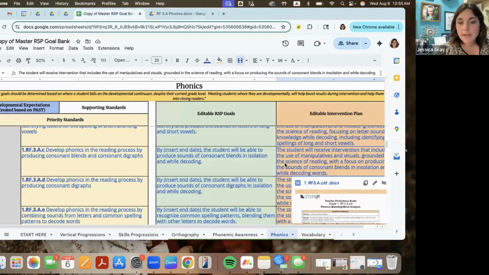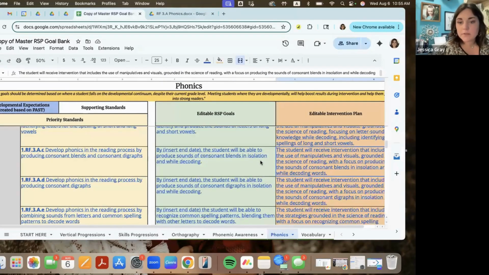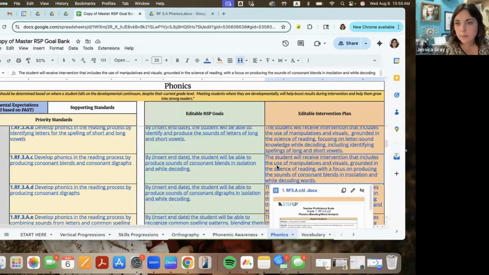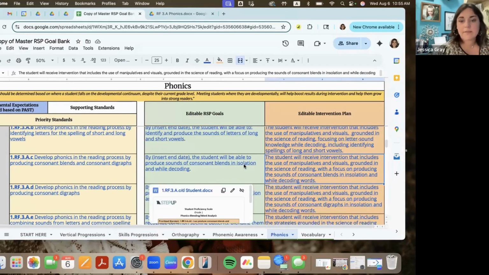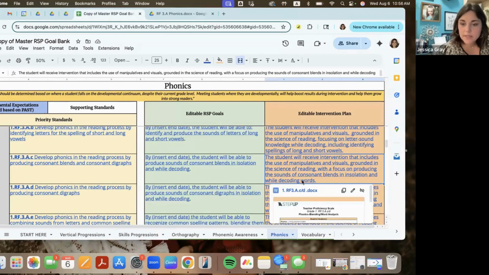And then next to that is also an intervention plan. So they can copy and paste this. I'll show you that when I pull up the template here in a minute, but they can copy and paste the matching intervention plan, which is just giving them that idea of, hey, we're going to use manipulatives and visuals. Things are going to be grounded in the science of reading, but they're not having to come up with that on their own. They can just copy and paste this into their intervention plan. Then when they click on the intervention,